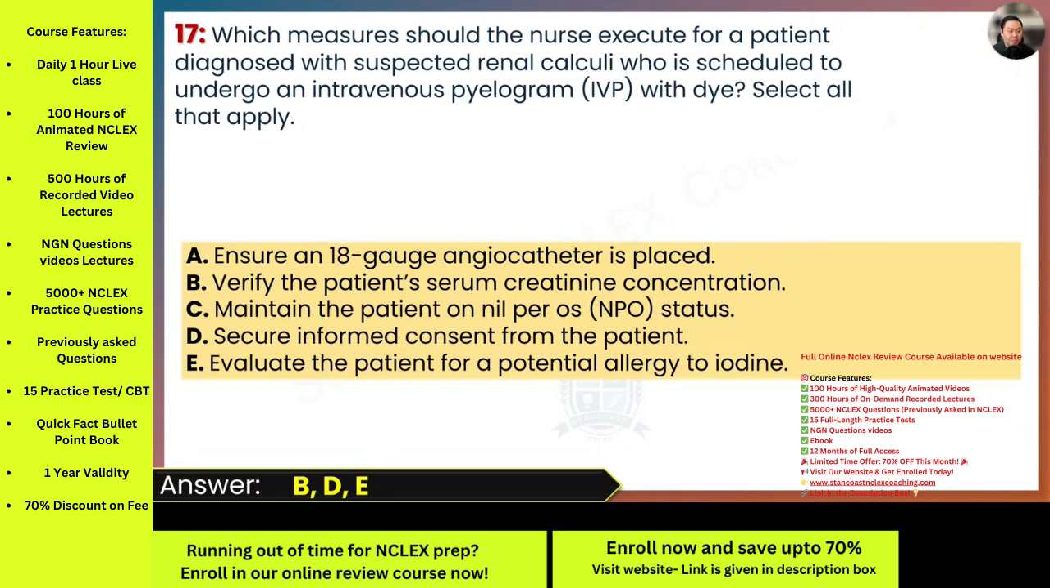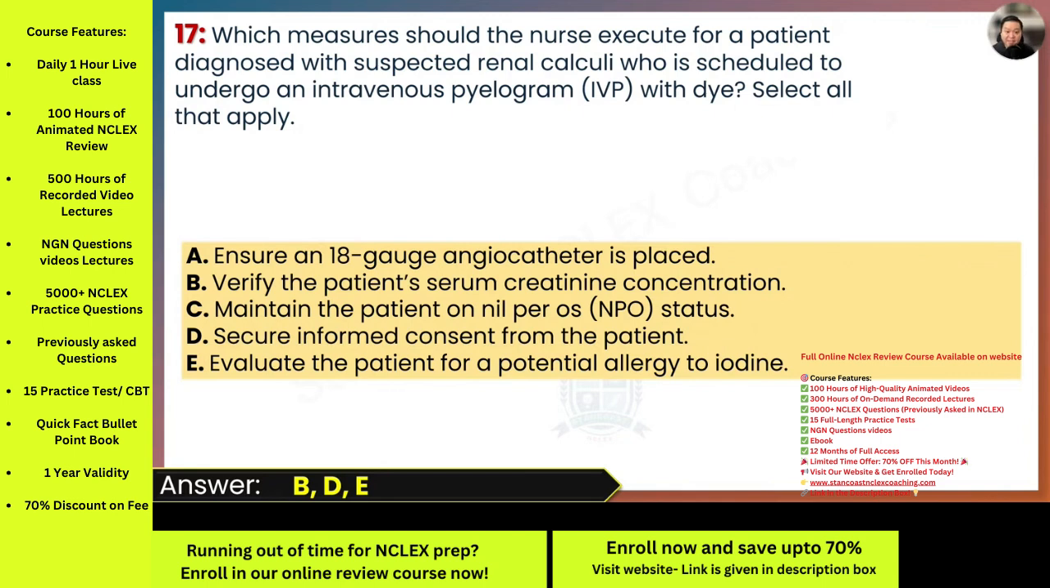All right. Letter C, maintain the patient on NPO status. Well, typically the NPO is going to be required for procedures involving general anesthesia or, let's say, sedation. But for this IVP, it's not always necessary unless there are specific procedure guidelines or a protocol. And so the client may be allowed to eat or drink up until a certain point before the procedure. So it depends on the protocol. And so the key clue is here: unless there's additional institutional or procedural guidelines, which tells us that this step is not universally required and it depends